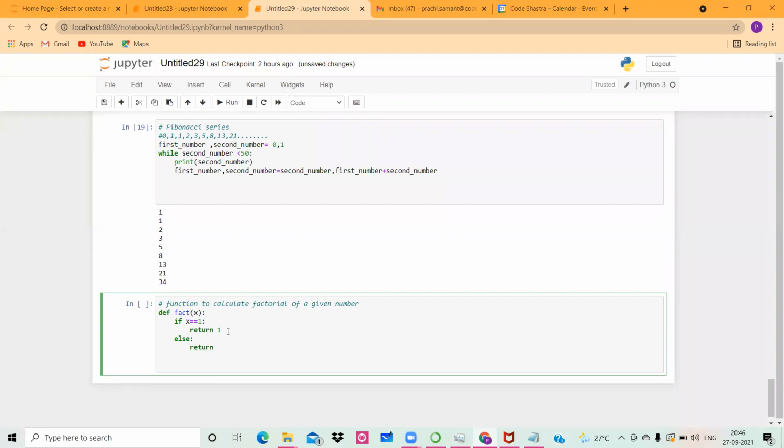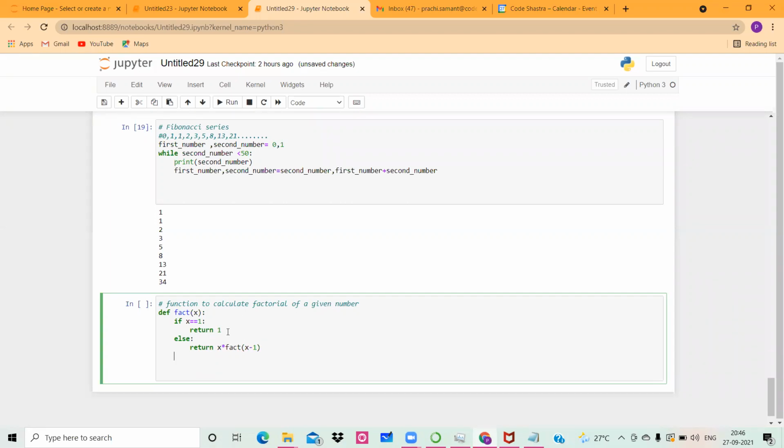This is something different that I'm writing for the first time: x into fact of x minus 1. So fact is my function and I have used it over here. That means you are calling the function within the same function.